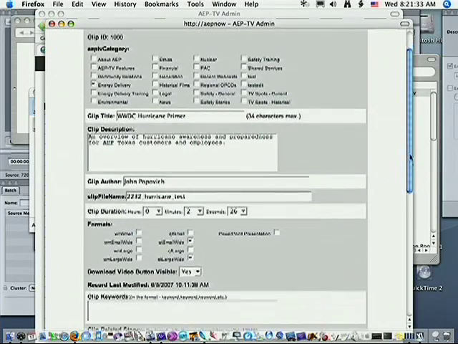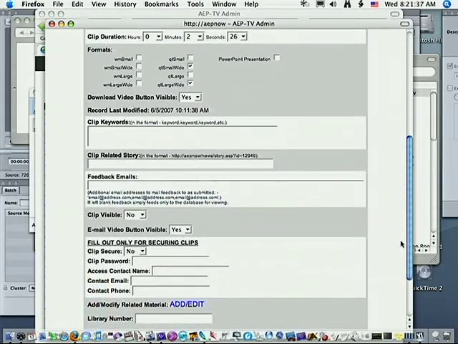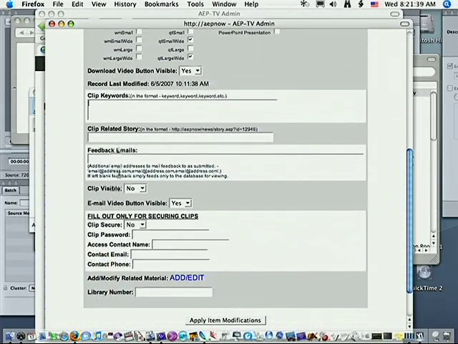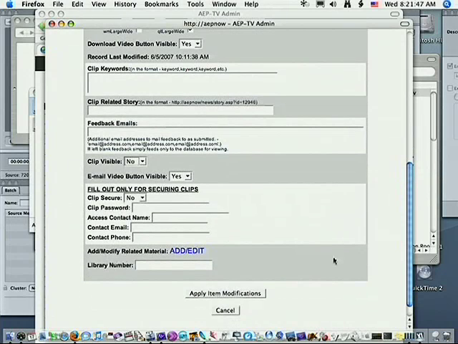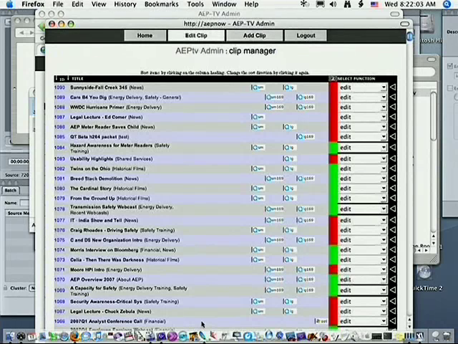And we're just sort of wandering around the screen. The users are able to download the video, which we find reduces DVD orders. They're able to order DVDs online. I've set this clip to not visible. It'll still run in the interface, but it doesn't show up in searches and it doesn't show up in category listings. So I verify the settings in the admin, and then we'll go back to the admin screen